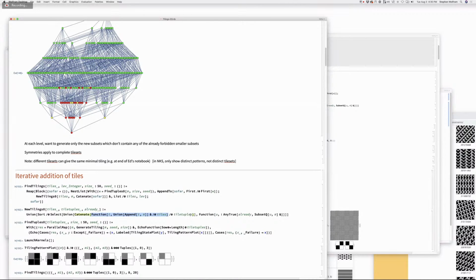Now, what we then want to do is to select from there any from the current set of untiling tiles. See, one of the things that I find mysterious is why are there any untiling tiles by the time you get to this level? Do you see what I'm saying? So that suggests, let's take a look at where tile tuples